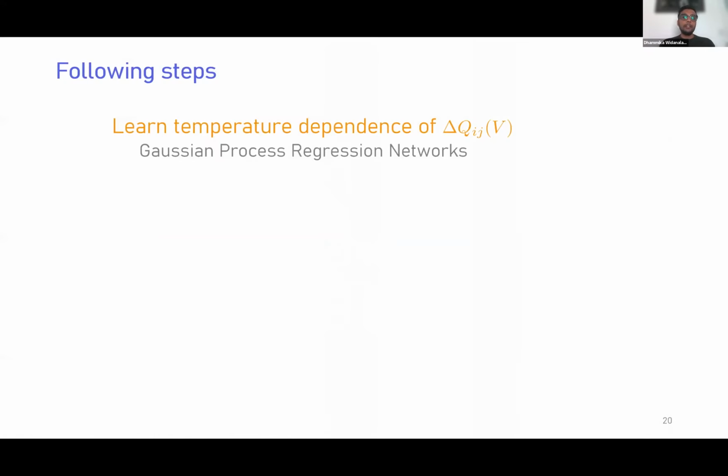So as we go along, the next step for us in that direction is to learn this temperature dependence of this delta Q curve, and Gaussian process regression networks is where we're looking, and hopefully in a few months' time we could say a bit more about this, or be able to write about it. But this is the key challenge we're trying to get to, and like I said, it's being able to get these data-driven models working on a wide operating condition is, I think, where some of the research challenges lie. And once that works, we then finally map it to end-of-life estimation.